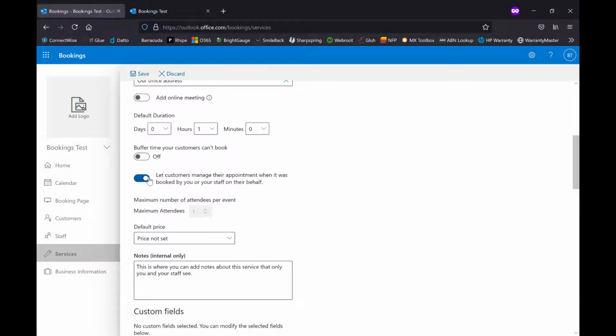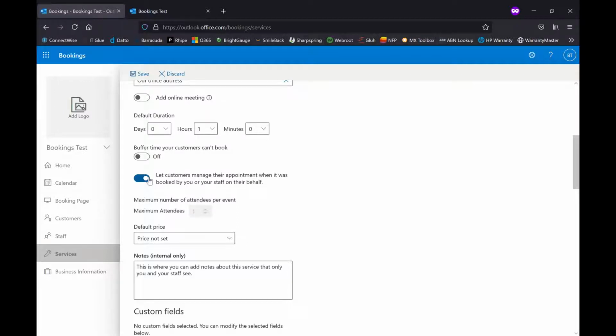Can I change that to 11 to 11:30, something like that? Or, sorry, I can't make it to the city. Can we do it at this address instead? And so rather than them needing to contact you and get you to do that from your side as the meeting administrator or the meeting owner, or going to your bookings page and then creating a second booking or a second meeting at their new proposed time, this allows the customer to manage the appointment and have some